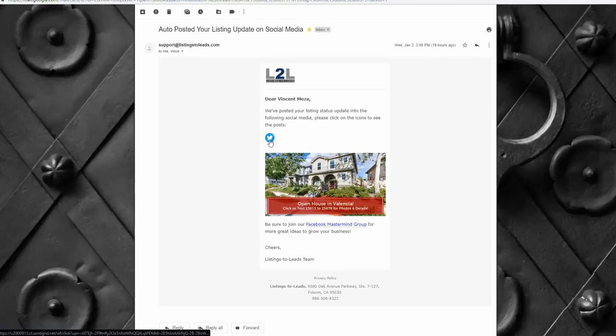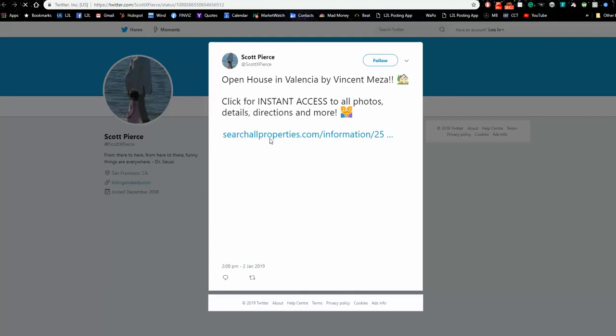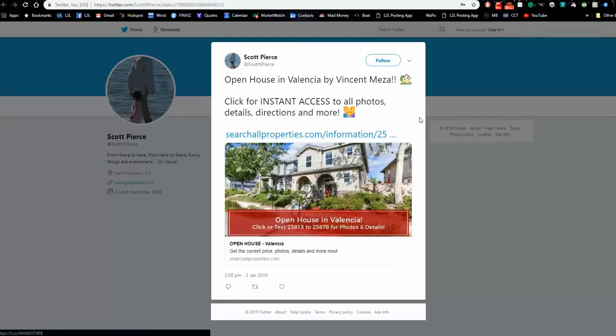You can click these icons up here to actually see what it looks like. That's the first thing I want to show you: this is what an auto post looks like. We put a couple of handy things in there. We put some emojis that make it look a little bit more real. We also put some hashtags, although for some reason the hashtags are missing in this one. But what's more important is behind the post, you can click on this link or on this picture, and it's going to open up